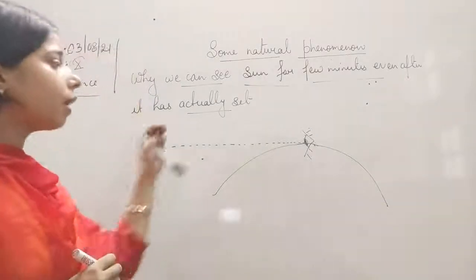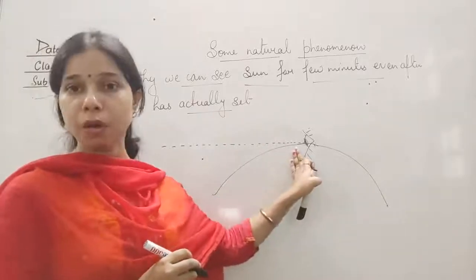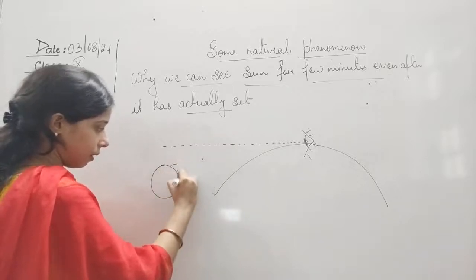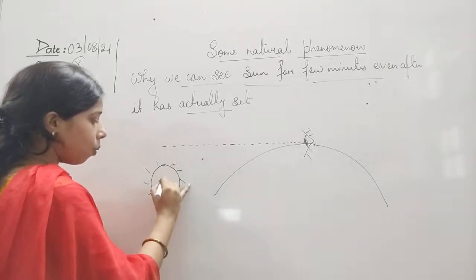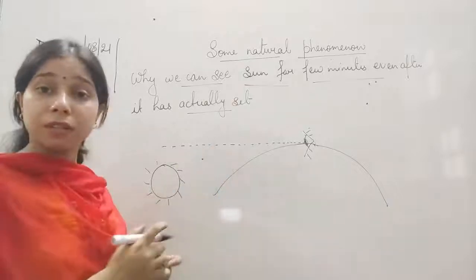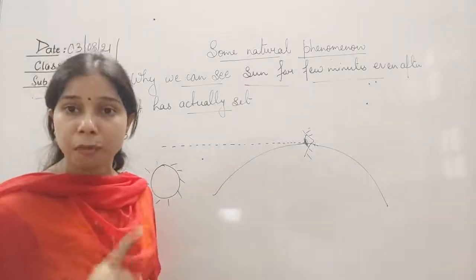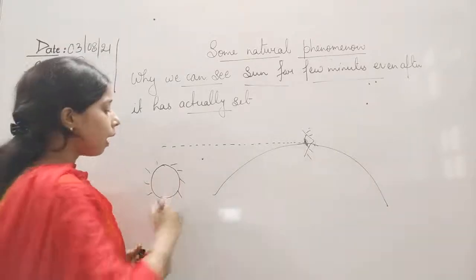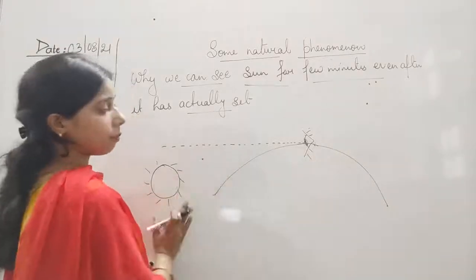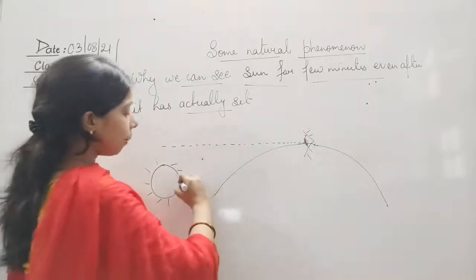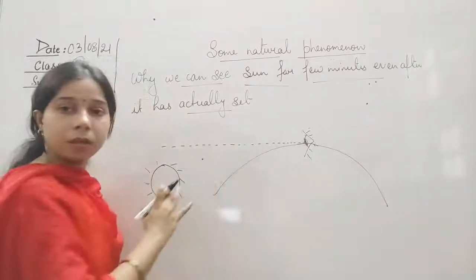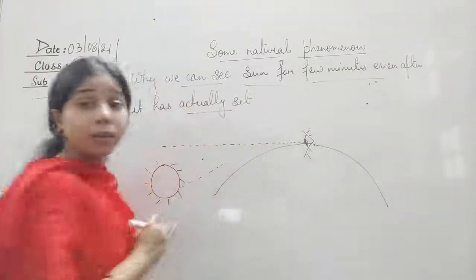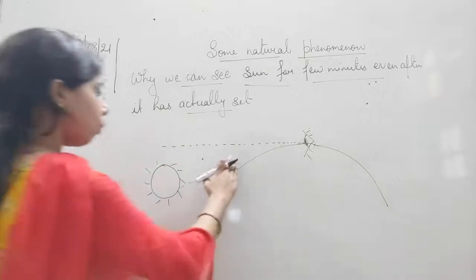Now, even in the sunrise also this happens, students. Our eyes are there. The observer is here. Now still the sun does not rise. Now sun is here. A lot of rays, right now it is near to the horizon. Remember that. It is not very far from the horizon, but it is near to the horizon. So before sunrise, before 2 minutes, what will happen? It starts releasing the sunlight. When this sunlight enters into the Earth atmosphere, what will happen?